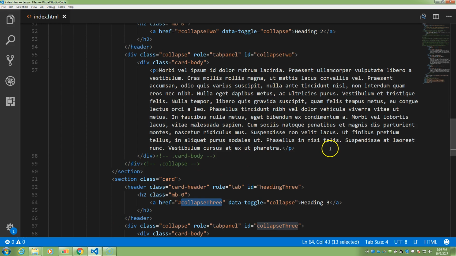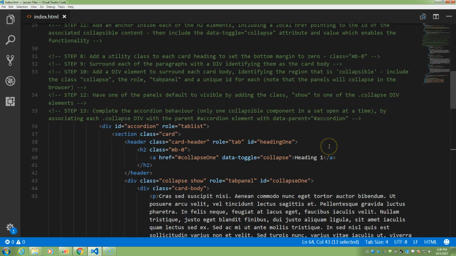That's easily enough solved. So take up here, now we're on to step 13. Complete the accordion behavior. So only one collapsible component should be open at a time. So what we do is we associate each collapsed div with the parent element here. So this is a tab list here. I made up this ID, accordion. So you can identify this whatever you want. But what I want all three of these collapsed panels to understand is that they all function as children of this,